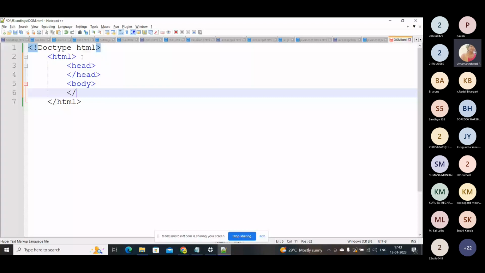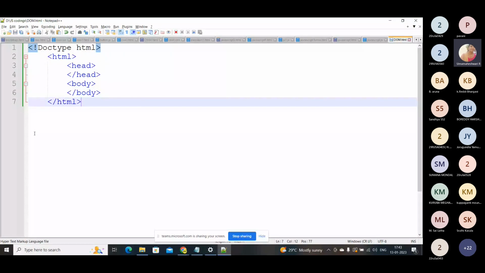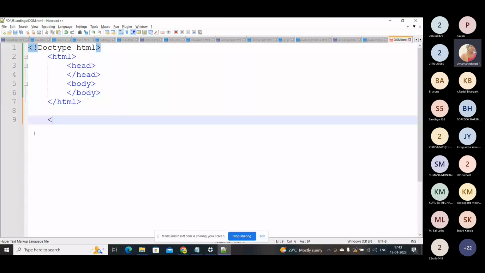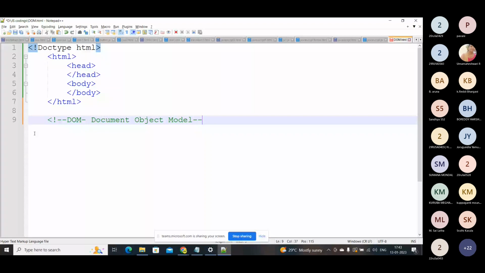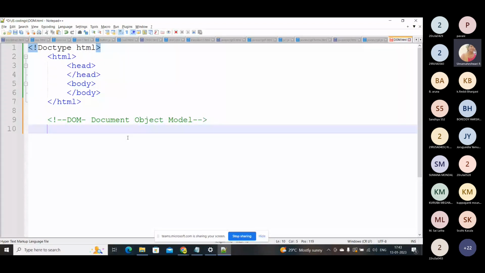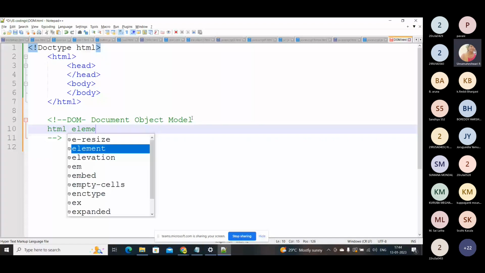Okay, so this is how it will be. First, we'll understand what is DOM. If this is your interview question, so what is DOM? It's a document object model. So what is the document object model? See here, the first thing is, here all the HTML elements are treated as objects. So it will be considered as objects, and the